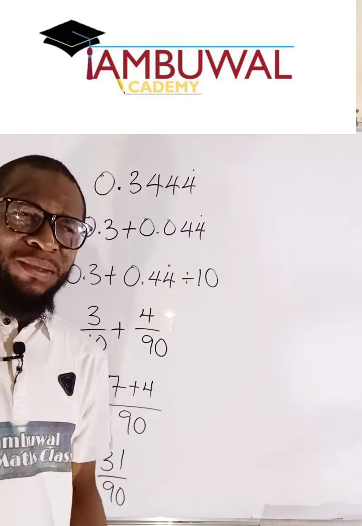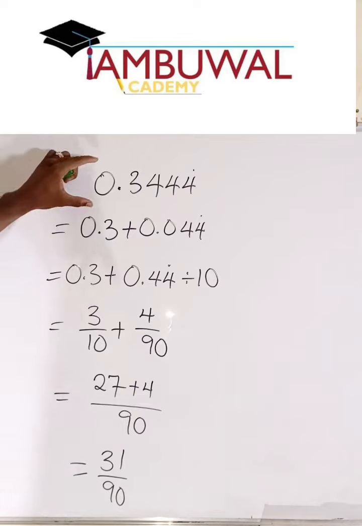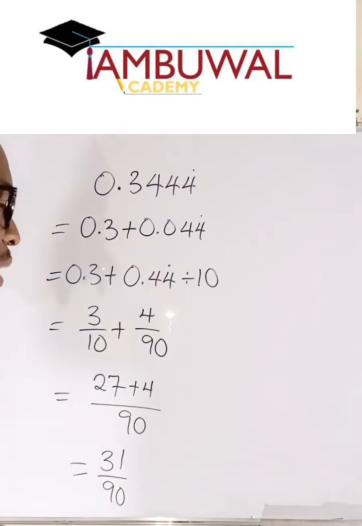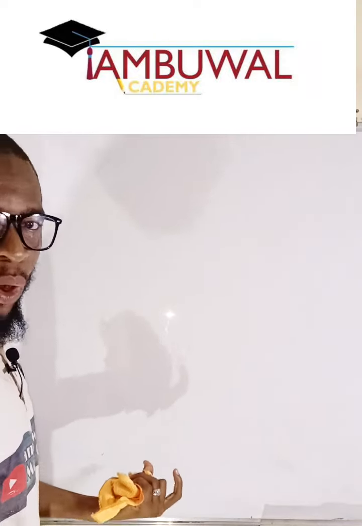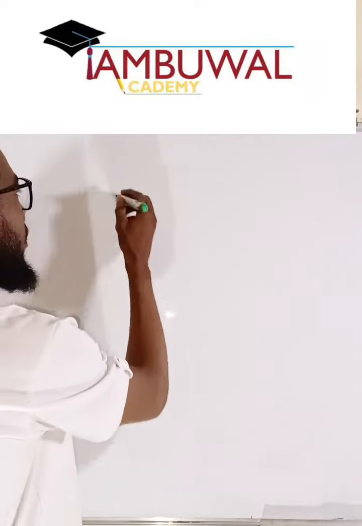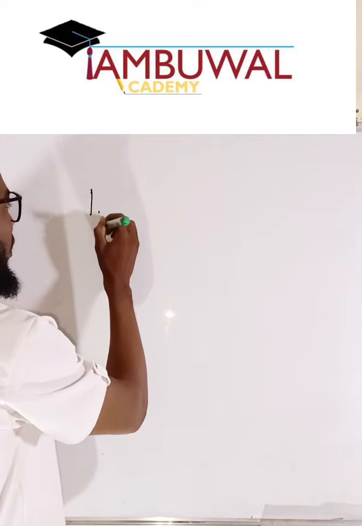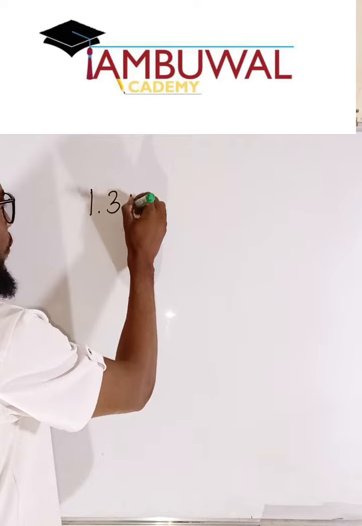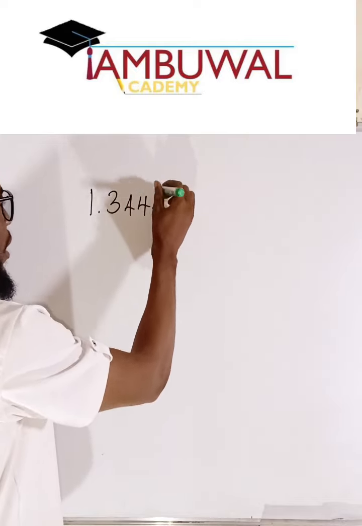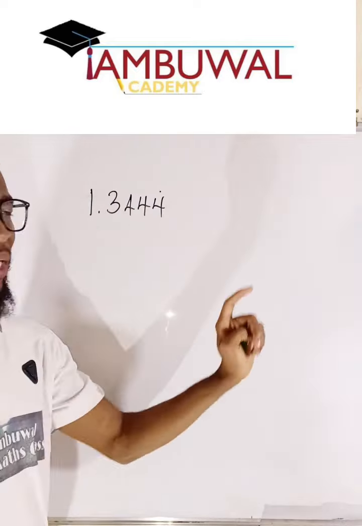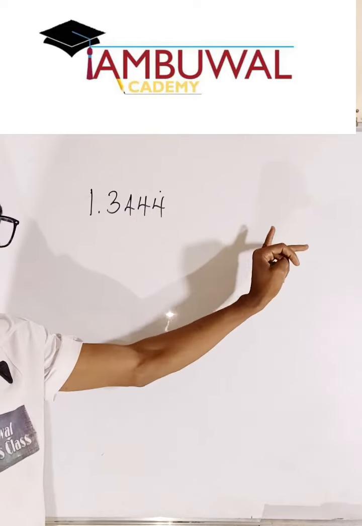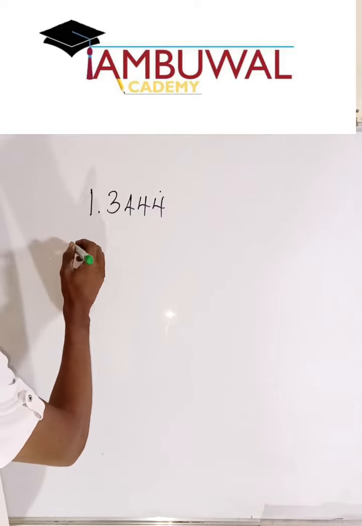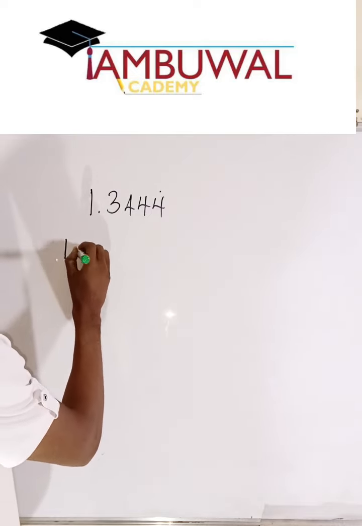Let me take the last part, which is the case where we have a number other than 0 as our whole number. Let me take a simple number 1. All other numbers are the same. So if we have 1 point, let me take 3 for example, 4, 4, 4. This is just an example. It is only 4 that keeps on repeating here. So first of all, we know that this is a whole number. A whole number 1, right? Plus